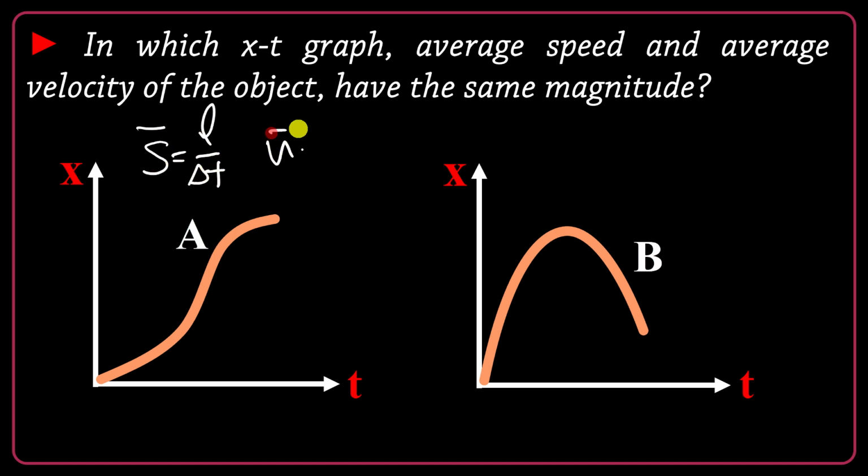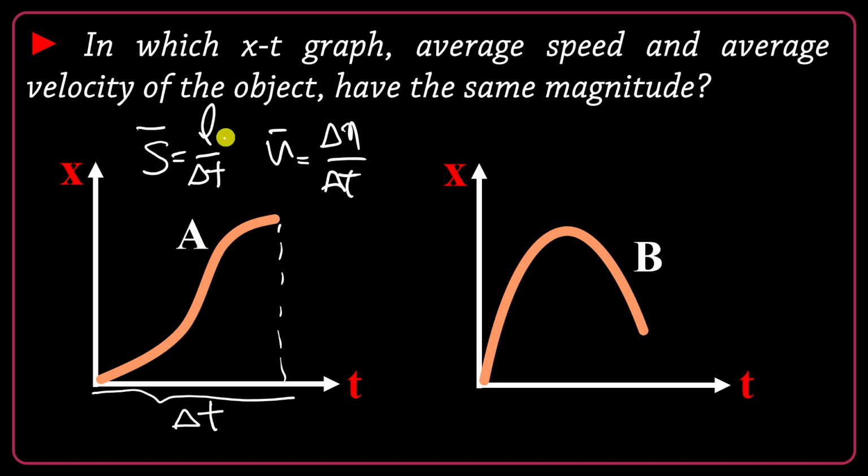and the v bar was delta x over delta t. Delta t is the same, okay? Anyway, the object travels for delta t. The only challenge is that L is equal to delta x in magnitude, or no. It's not that complicated. You remember I told you in previous videos that L and delta x, the distance and displacement, have the same magnitude, just and only just